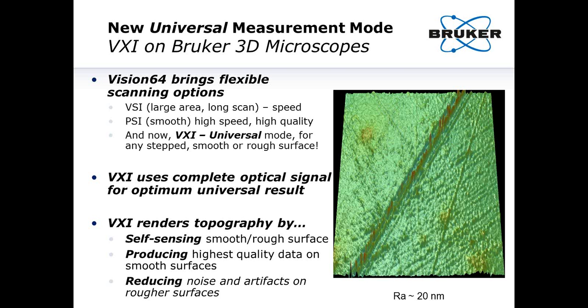Traditionally, these kinds of systems make a vertical scan either by scanning a piezo or a stepper motor, and you can make a very accurate image, such as you see on the right-hand side. This is a surface with a scratch, and it has about 20 nanometers Ra. This image is not a bad image by any stretch. It's just showing some of the features that you might see due to noise